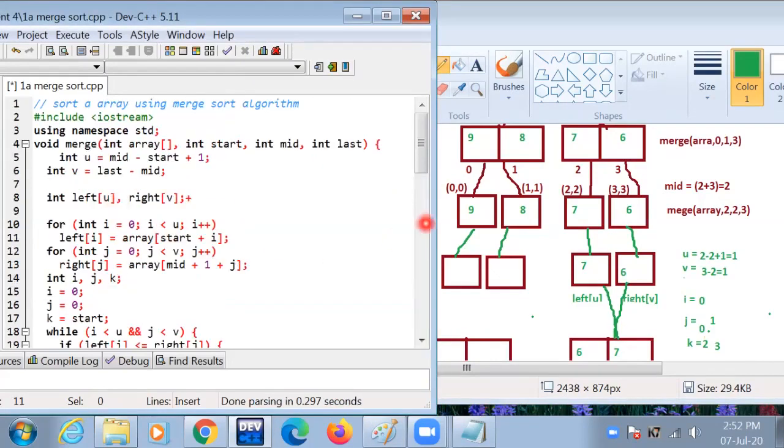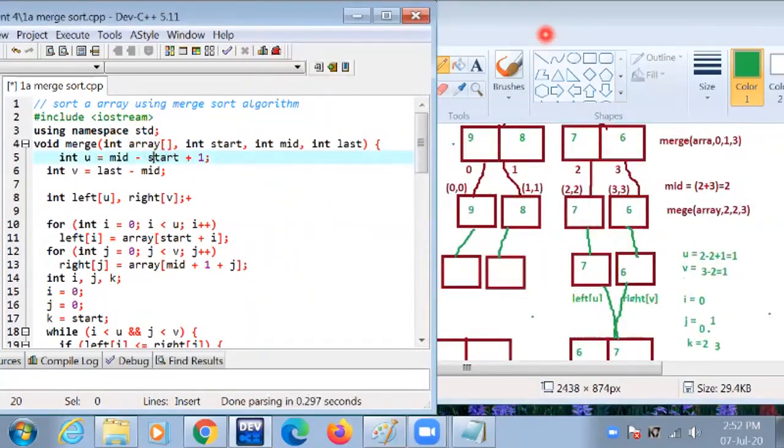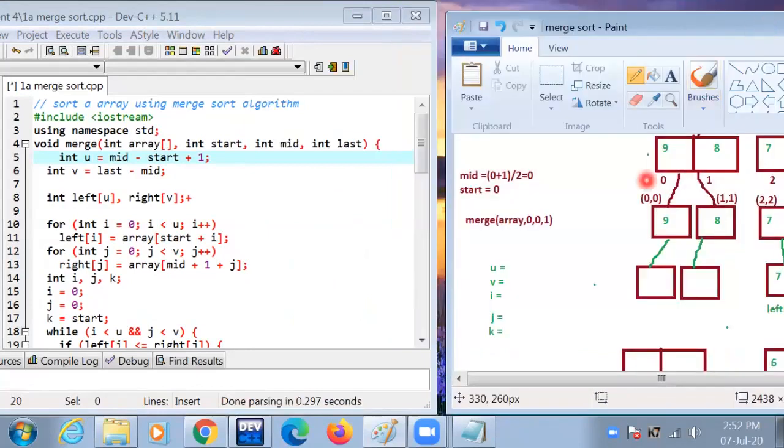We execute now this part. The start value is 0 and mid value is 0 and last value is 1. Then find the value of u.